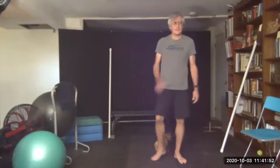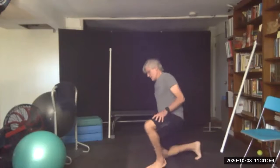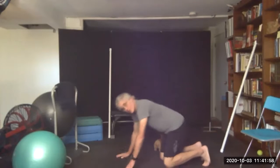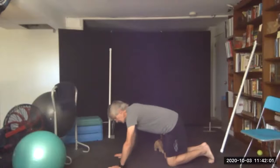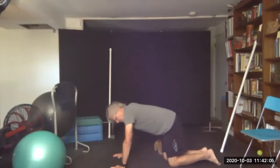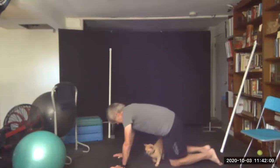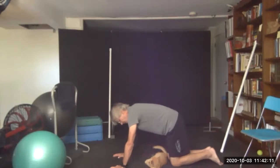And finally, down on all fours. Hands are directly beneath the shoulder. And just bring your knee up towards your elbow. 1,